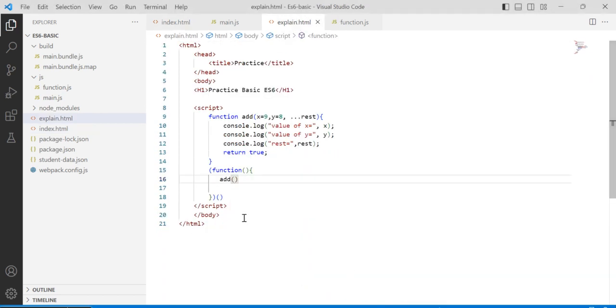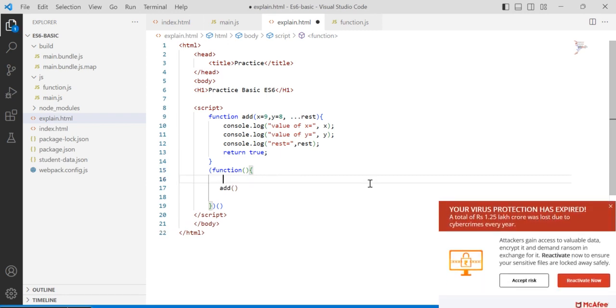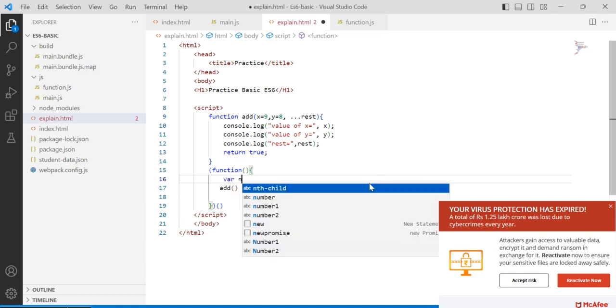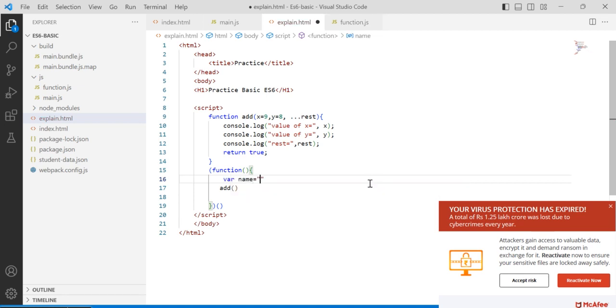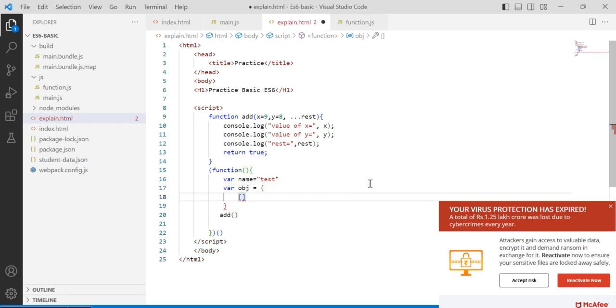Just in my explain HTML I am going, when we are declaring any variable, test equal to name. Now what we will do, we will declare obj equal to inside brackets